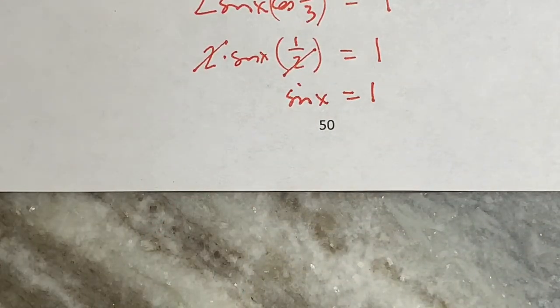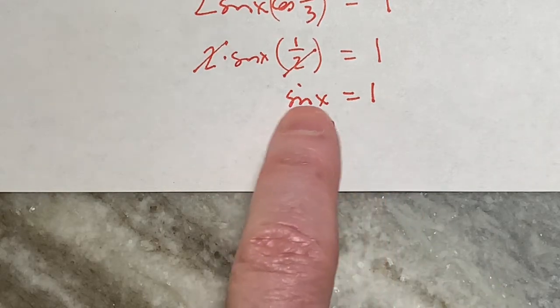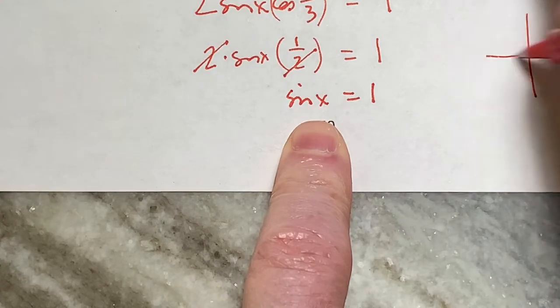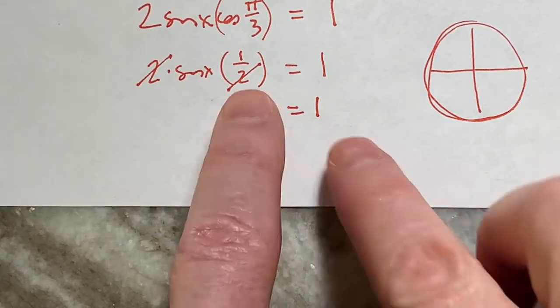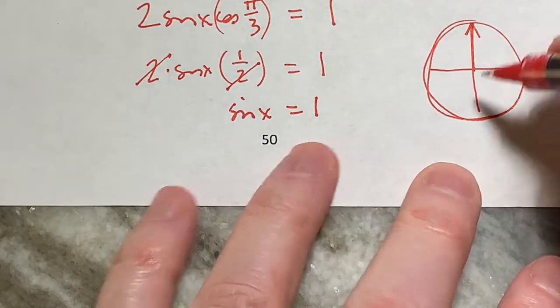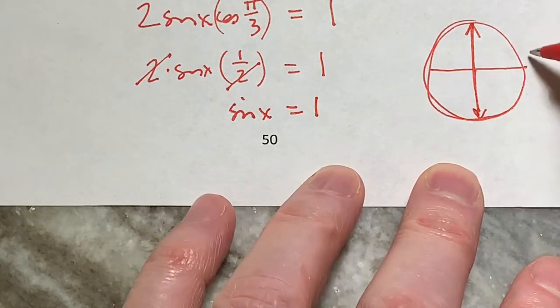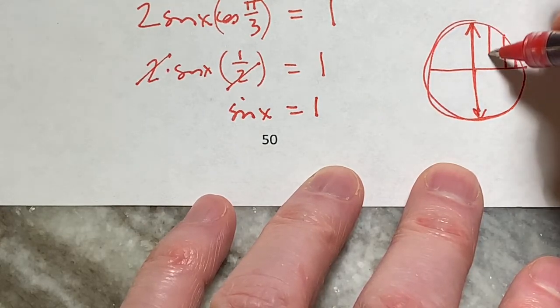Now, at this point, you have sine of x equals 1. Now, I could pull out my calculator and do an inverse sine problem, right? And I'd do inverse sine, and I would get 90 degrees. But here's the thing. I can do this on the unit circle. Sine of what angle? Think about it. You have this unit circle, right? Sine of what angle has a y value of 1? That's straight up. This is a negative 1. These are all other unit circle values. The y value might be 1/2, might be root 2 over 2, might be square root of 3 over 2,